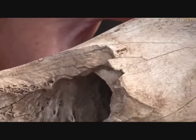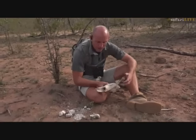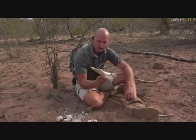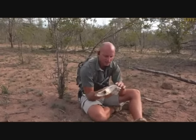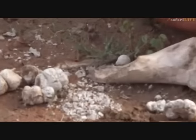You can imagine what strength it would take to crush through that to get at this marrow. Why marrow? Marrow is incredibly rich in fat, and fats out here are very difficult to get. So hyena have developed these overdeveloped jaw muscles, not only to get to marrow, but also to dismember carcasses. But basically what happens is the bone goes into the hyena along with the marrow and comes out looking much the same as it did when it went in, and it starts to get bleached by the sun,